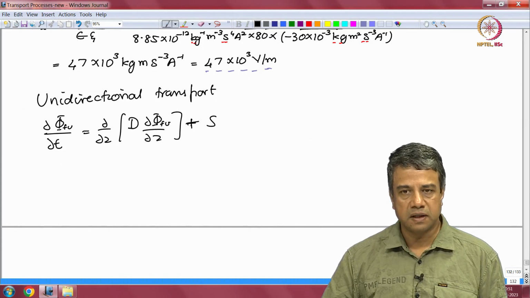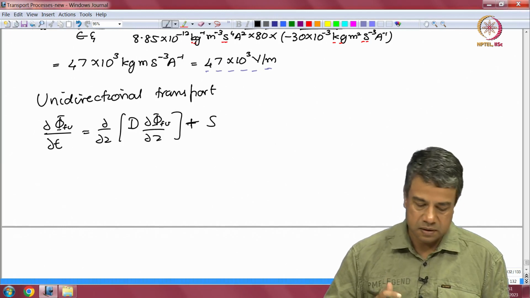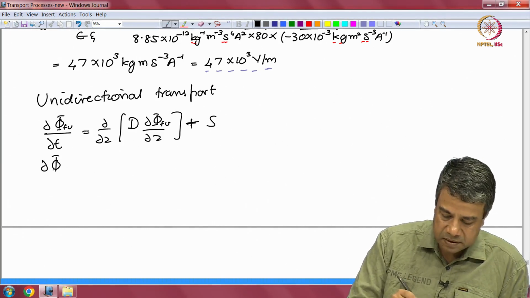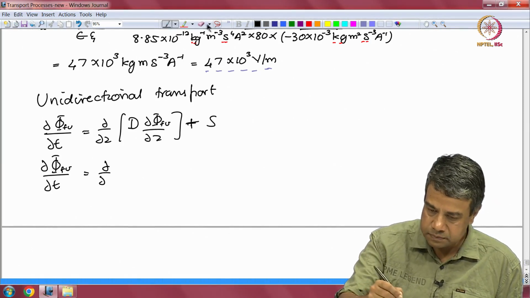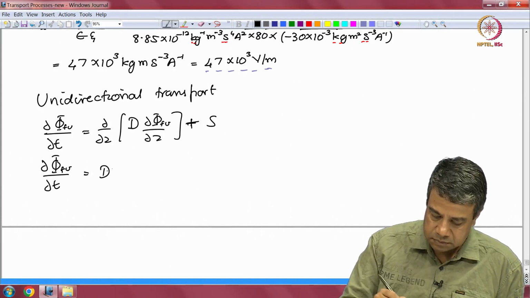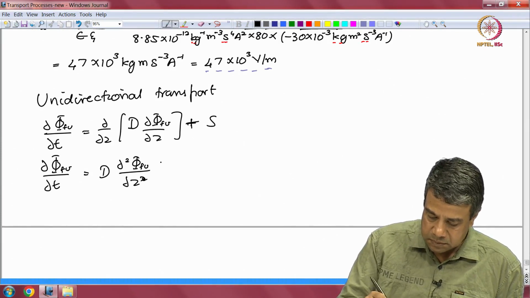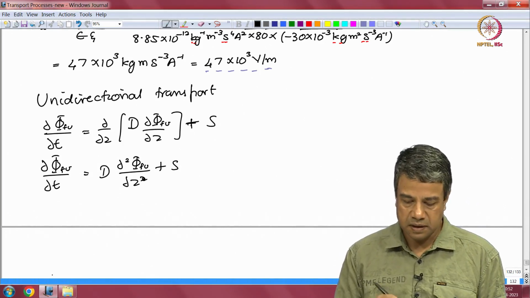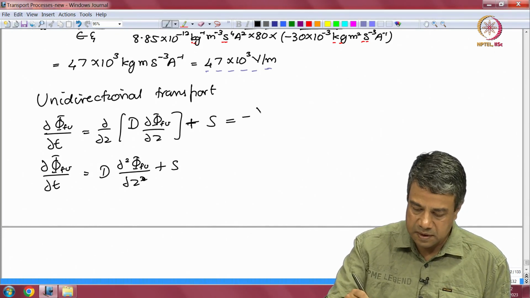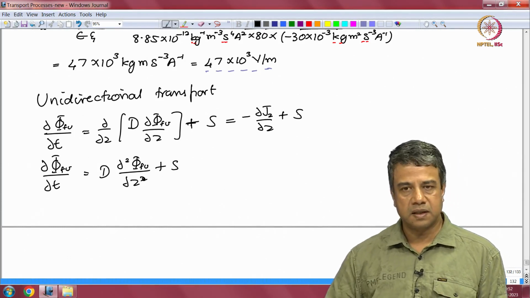So far we have restricted attention to steady transport, and we have considered cases where source is absent. Let me just write down the special case when there is constant diffusivity, plus S. So, this is when the diffusion coefficient is constant, and in terms of the flux I can also write this as minus partial J z by partial z plus S,